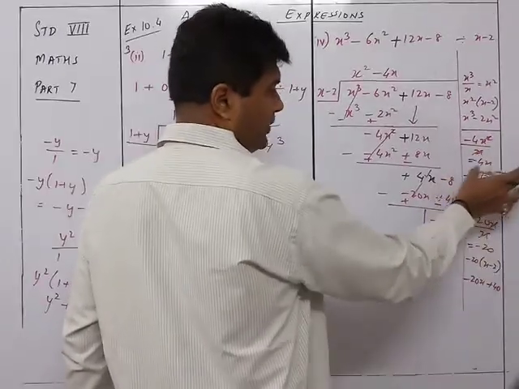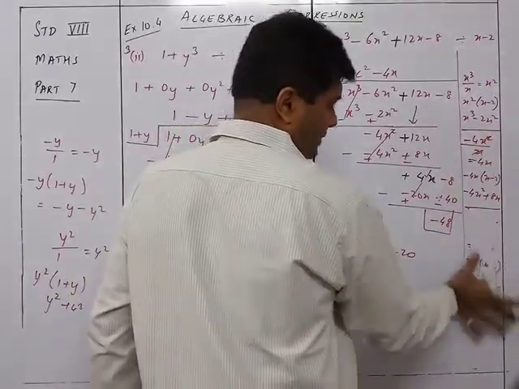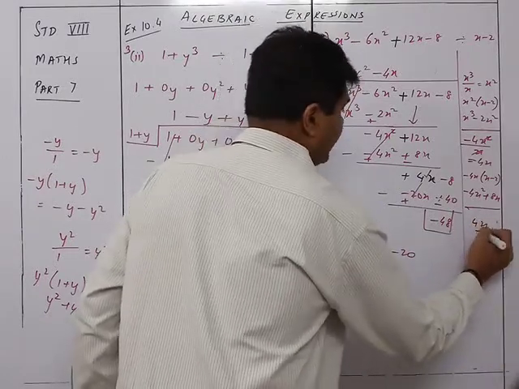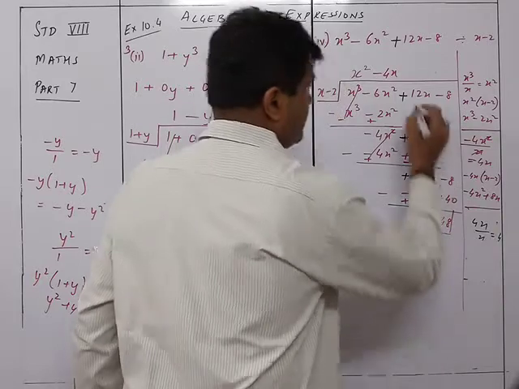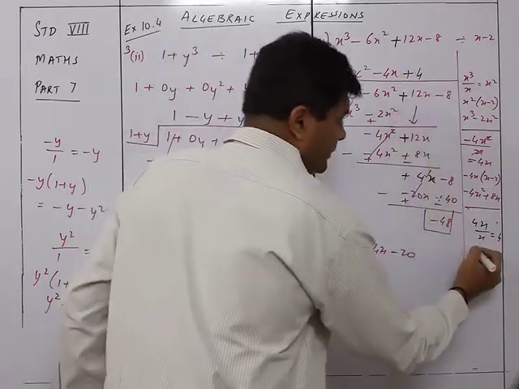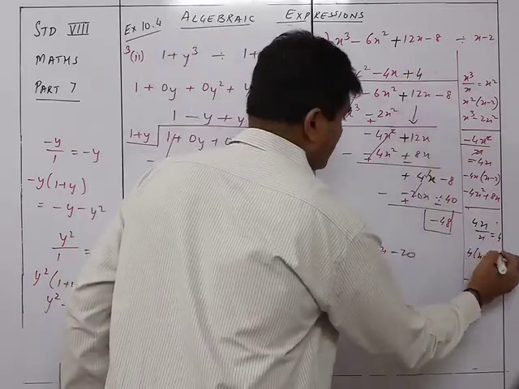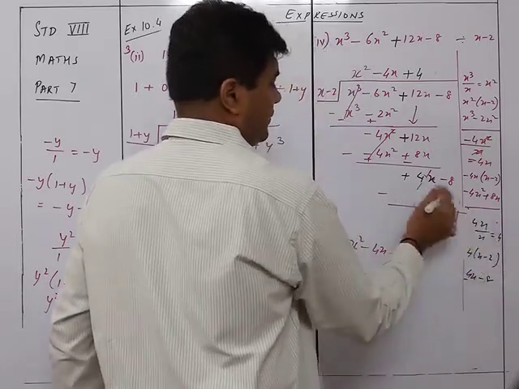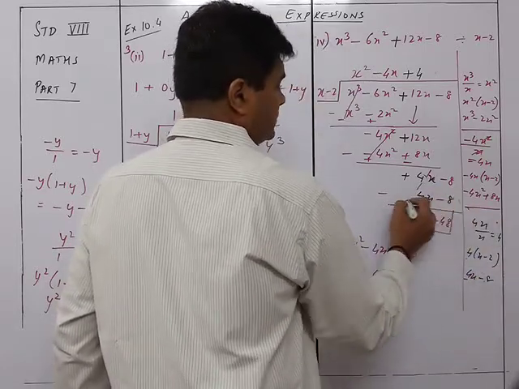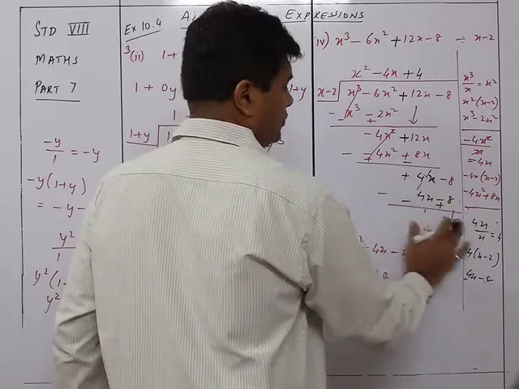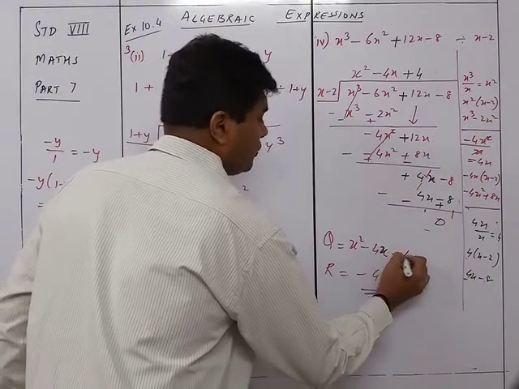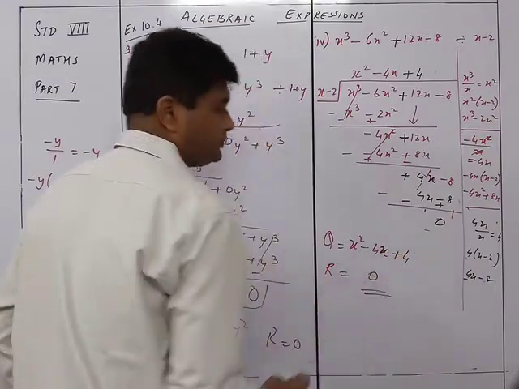We had over here 4x. Where is 4x? Yeah, it is this part. So this part you don't remember. Take this. So 4x upon x is equal to 4. So you put a 4 over here. And then you have 4 into x minus 2 is 4x minus 8. So this part over here will be 4x minus 8. So signs change to give you 0. So this will be 4x plus 4 and the remainder is 0.